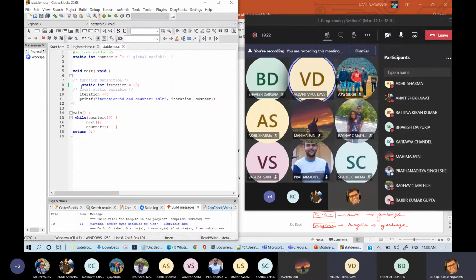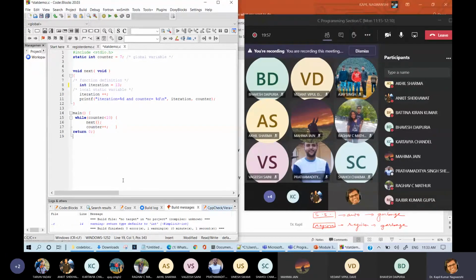Should I explain it again? If I'm not writing static int, so what will happen? Just see it. This is our program. This is a function. Okay, we are going to call this function. And this function is being called by this. Whatever is written here, it will be called like this. Whenever I'm going to call this, it will automatically go here and it will start running.